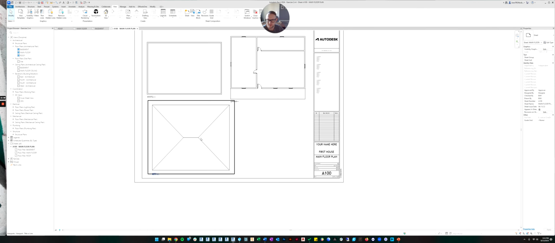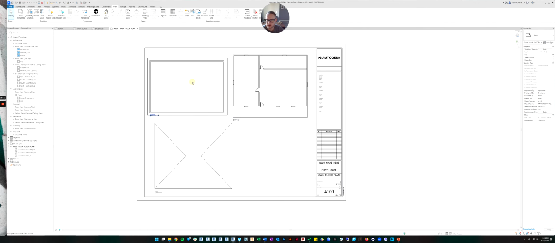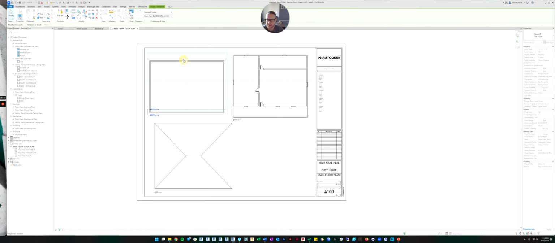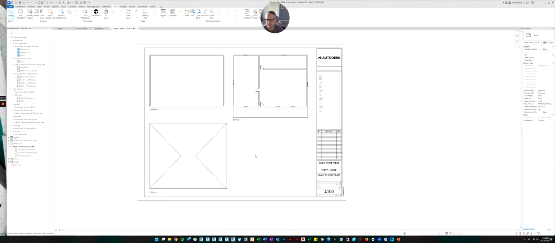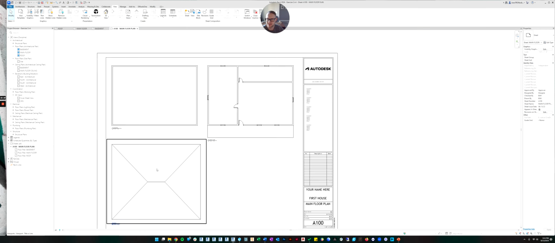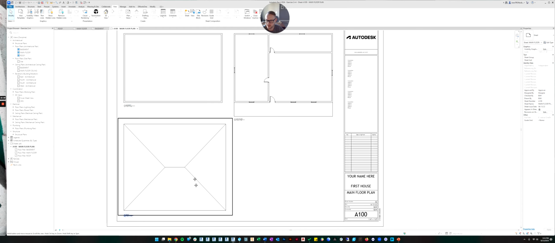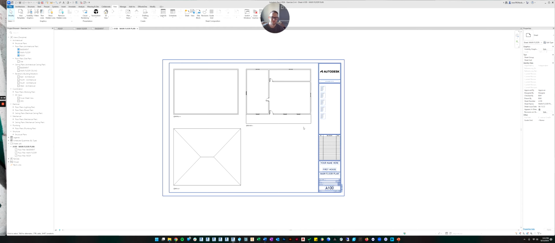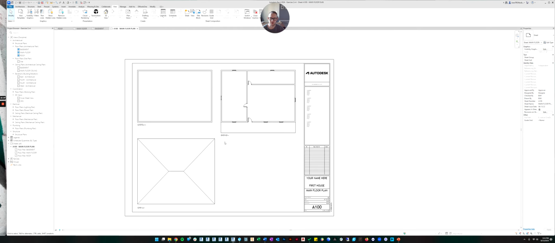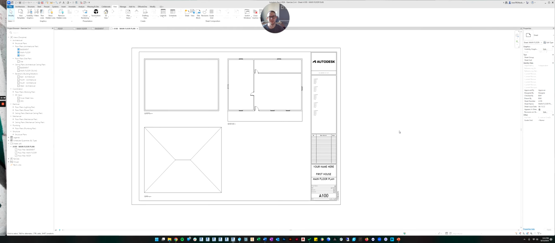All right. So the other thing that I like to do to make it clean, you would never really put all these views on one sheet like I've done right now, but let's stack them nicely, and then let's make sure they're numbered 1, 2, 3. So that looks pretty good. The names are on there, the numbers are on there. Our sheet's all done. So congratulations, you've made your first sheet. Now we just need to export it.